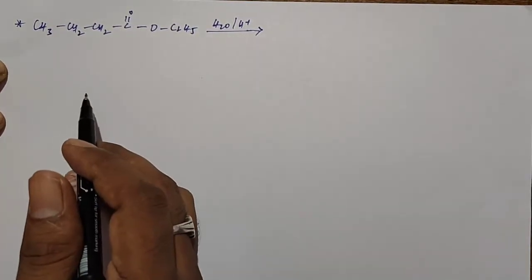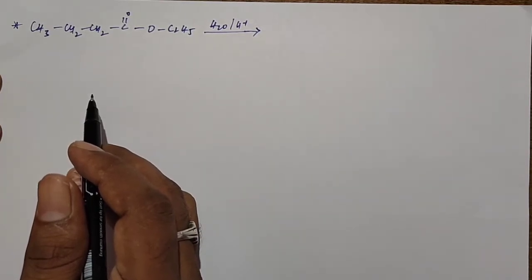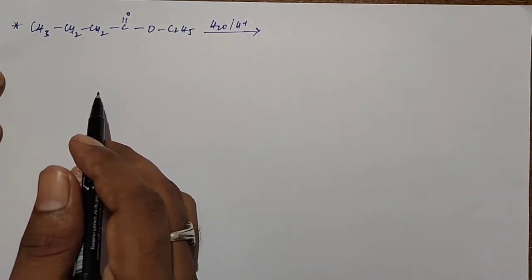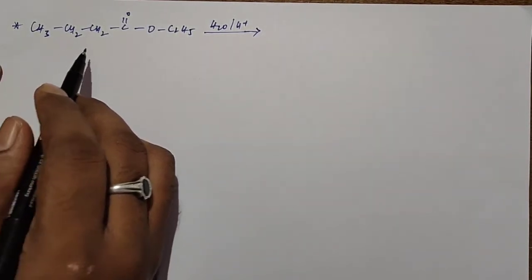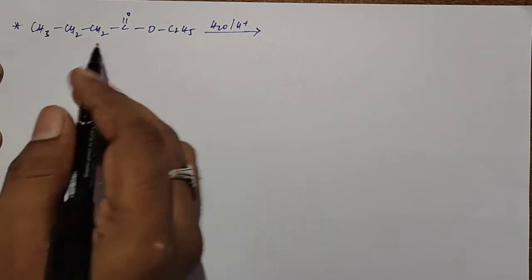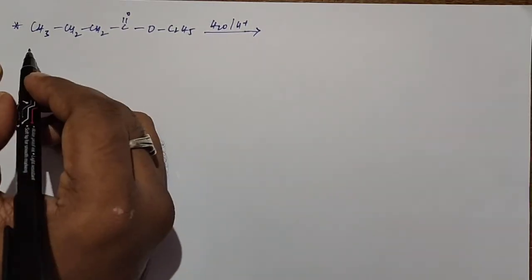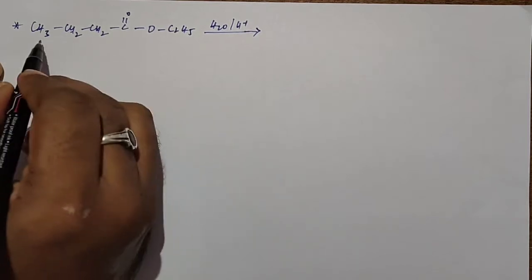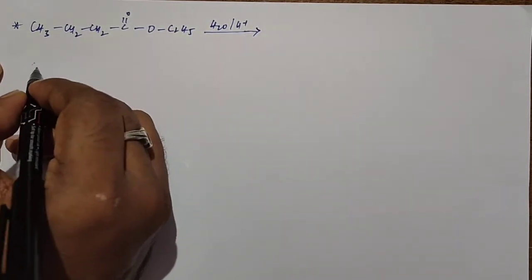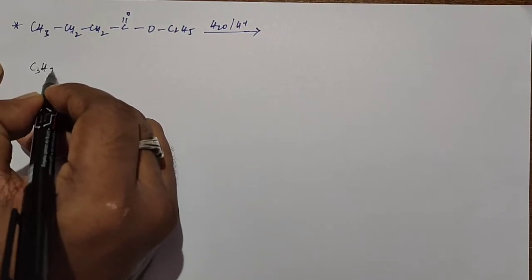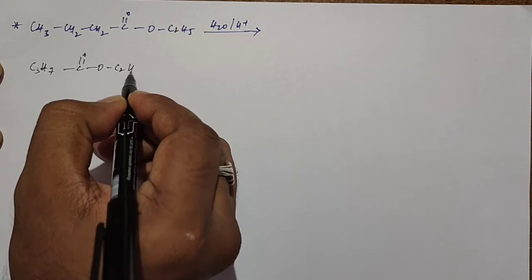So in this video we are discussing miscellaneous reactions or incomplete reactions, part 2. So this is the given miscellaneous reaction or incomplete reaction. This incomplete reaction undergoes acid hydrolysis. So first we need to take the compound. This is what we call a propyl group. Let me write this one like C3H7 C double bond O C2H5.